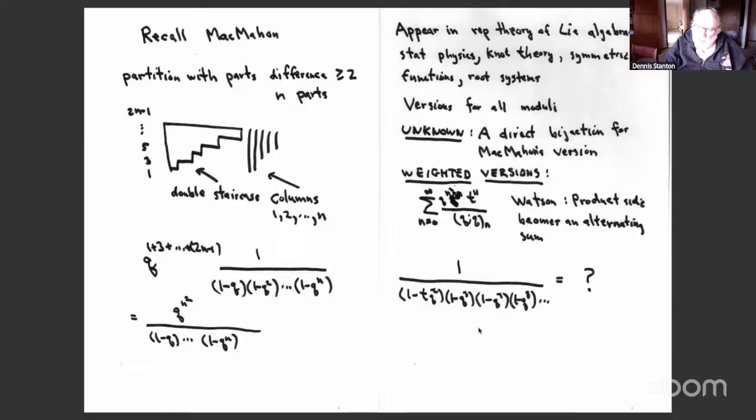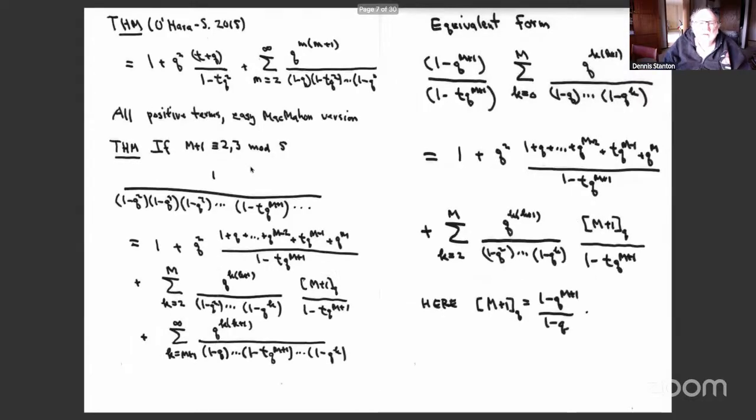Well, we have an answer for that. We can tell you what happens to the sum side, and where does the 2 show up over here on this picture? We had 12 2s. Here it is. This is a theorem I did with Kathy O'Hara. Here's the sum side now. The 2 shows up right here in the columns of size 2. That's nice. And then it shows up right here. This term, the first term, is when you have only one part.